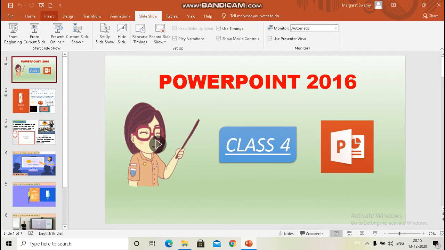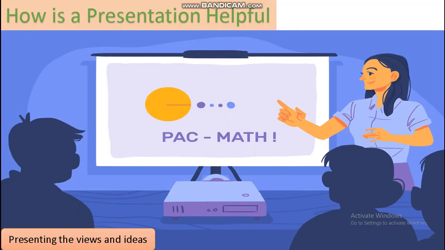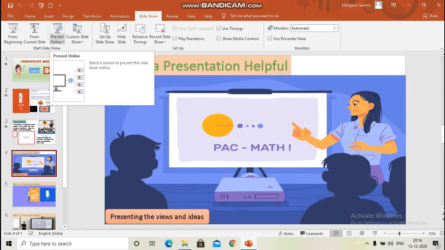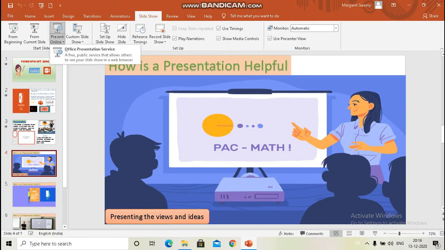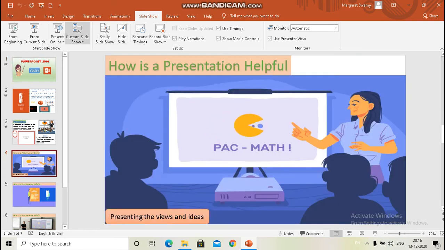And if I click on From Current Slide, suppose I am on slide number 4, it will start from this slide. Now this is Present Online. This feature broadcasts the slideshow to remote viewers who can watch it through a web browser. Now this is Custom Slide Show. It displays only the slides that you want to select.